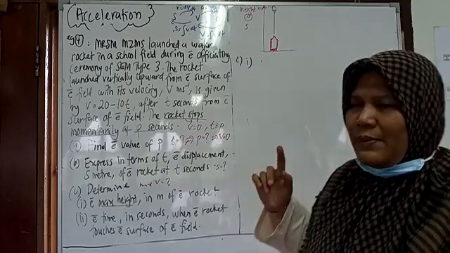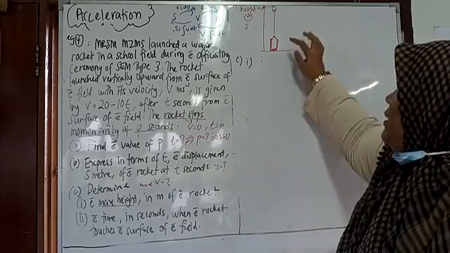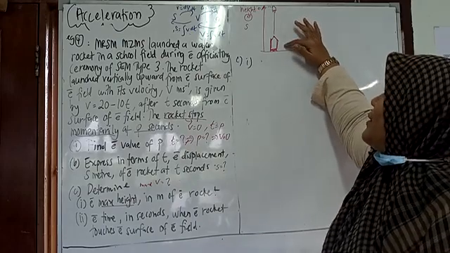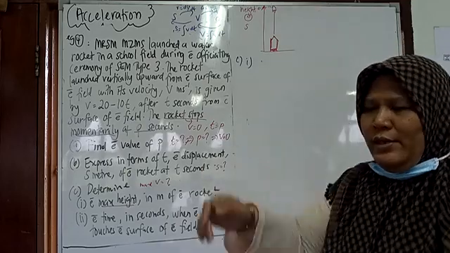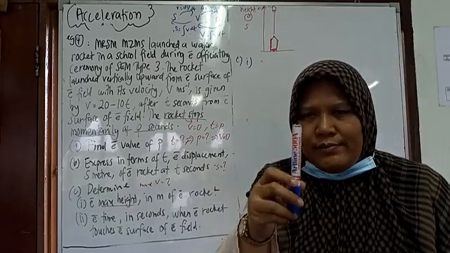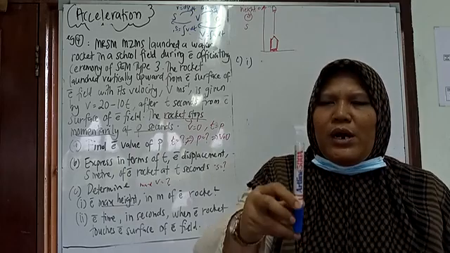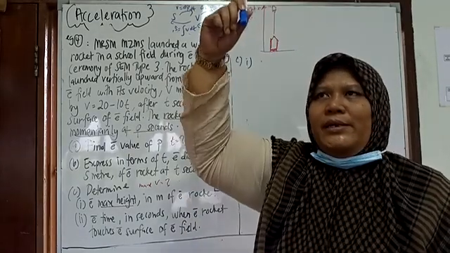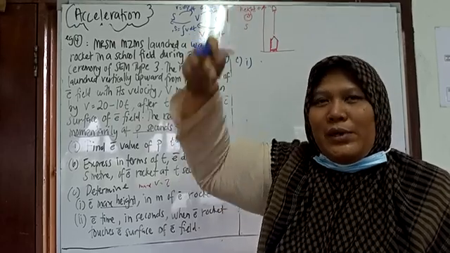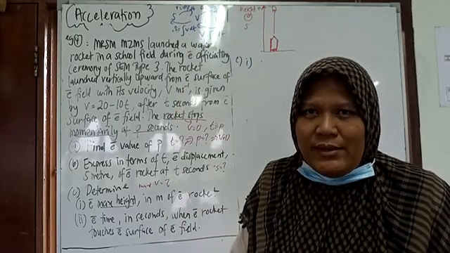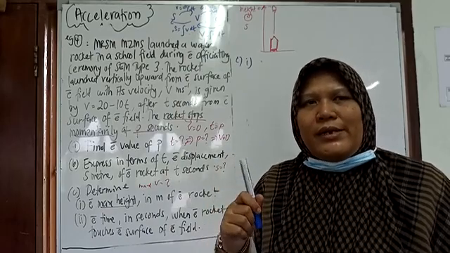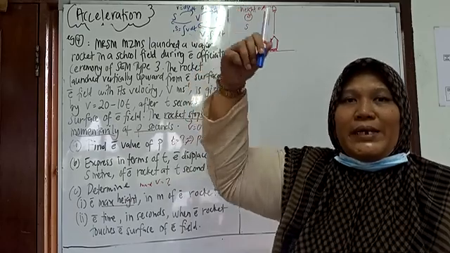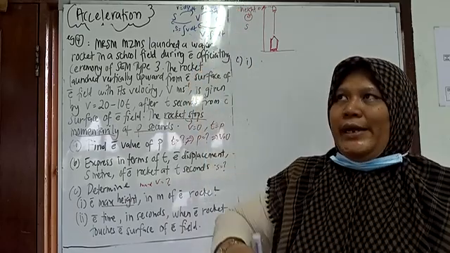When we talk about maximum height, you need to remember when the rocket reaches maximum height. Let's say this is the rocket. It will go upward vertically. Of course, when we launch a rocket, the rocket will go down again, right? So before the rocket goes down, it will reach the maximum point, or maximum height, in which at that point,